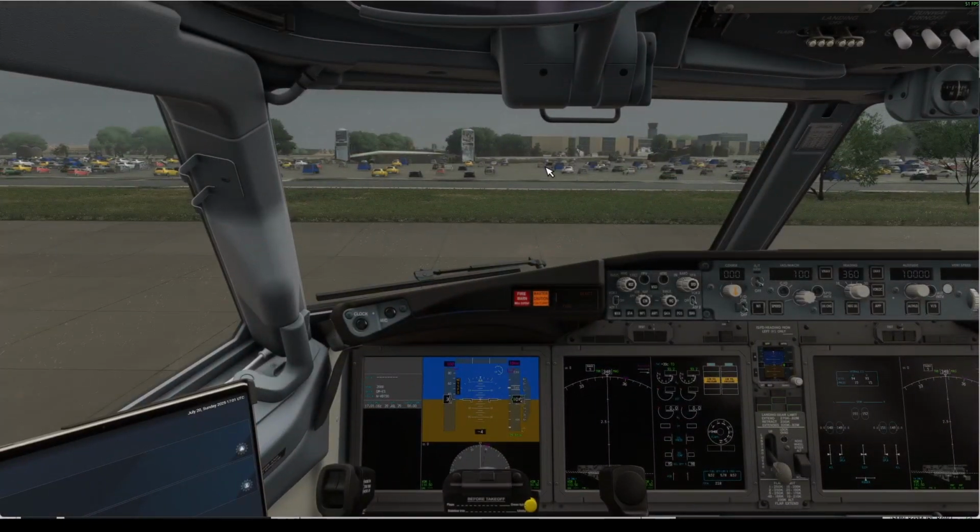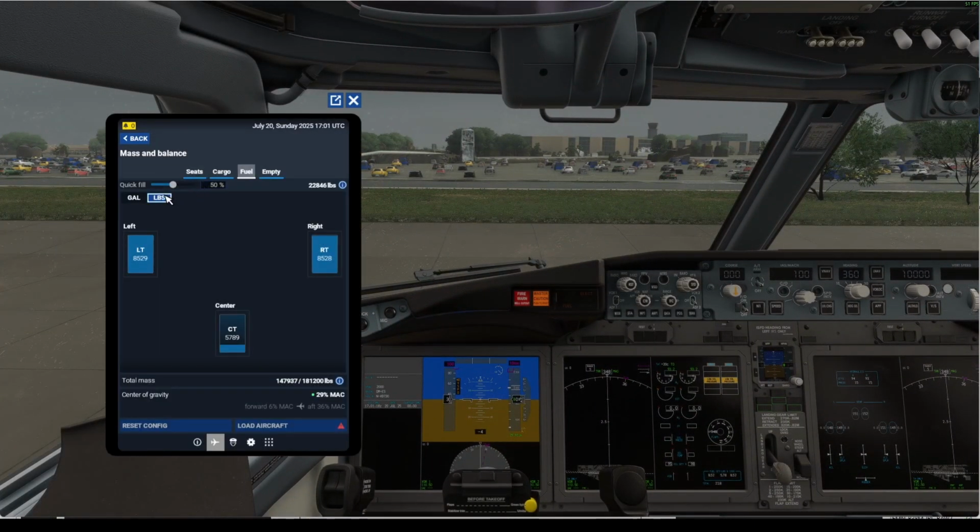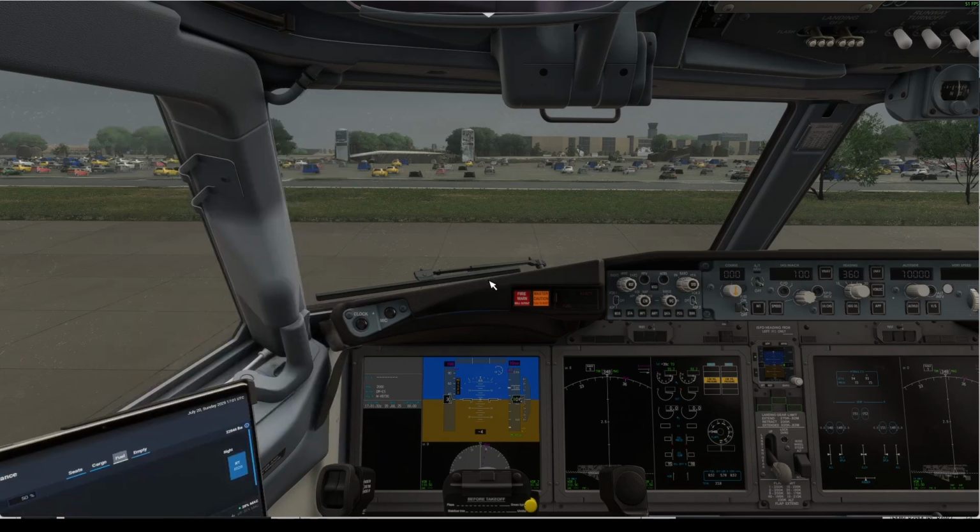Let's get going on the. So I can't change the fuel in here. This looks glitchy. I have a feeling we're gonna be. So, anyways, we're gonna have more fuel than we want. The buttons aren't working in there. That's weird. Okay, so let's let that go, and we will